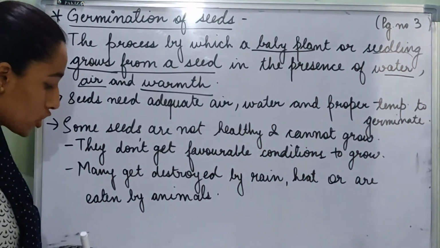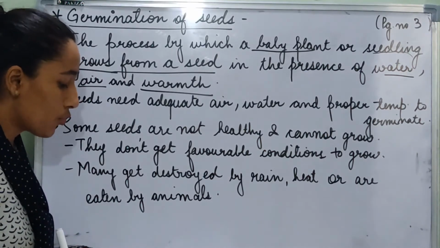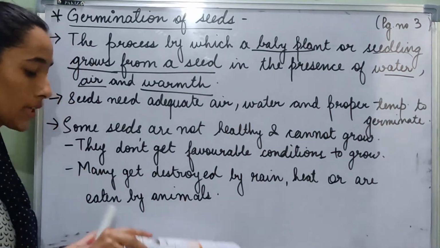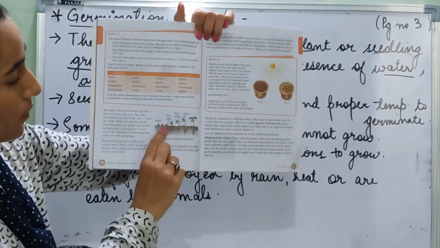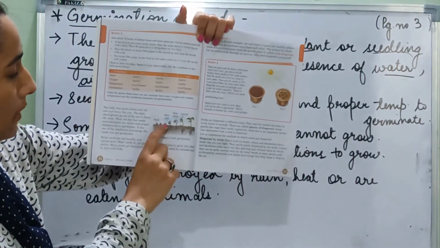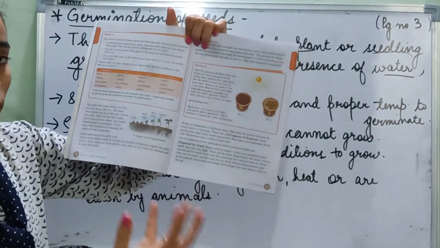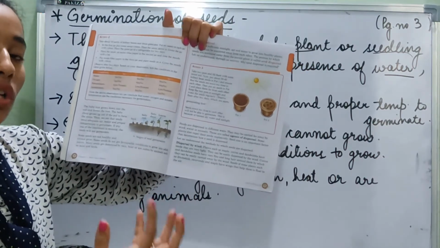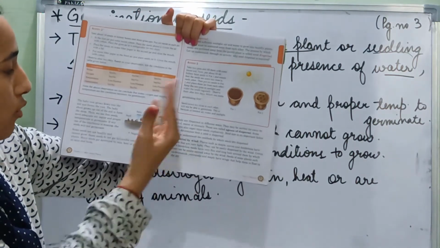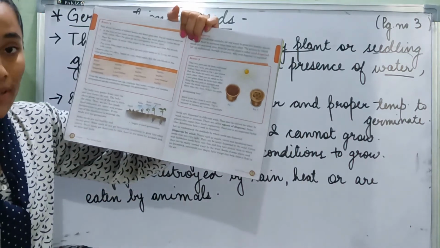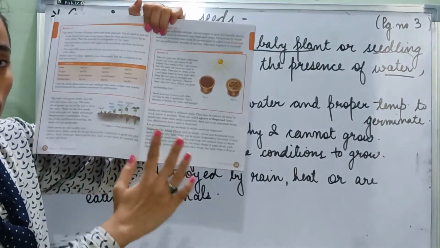And now we are going to go to page number 4. The baby root grows down into the soil and forms the root. Here you can see the stages of seed germination. In the third diagram, where the baby root is given, you can see that the baby root goes down into the soil and grows the main root of the seed, so that the seed can get all the nutrients from the soil. And in the next stage, the baby shoot grows out of the soil to form the stem.